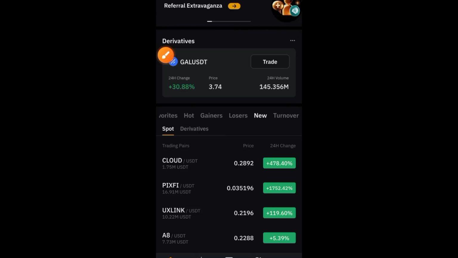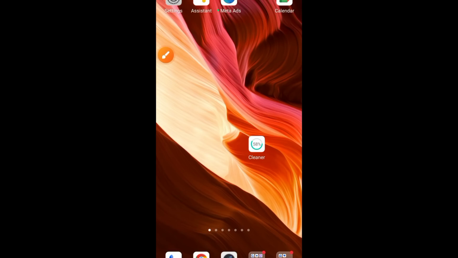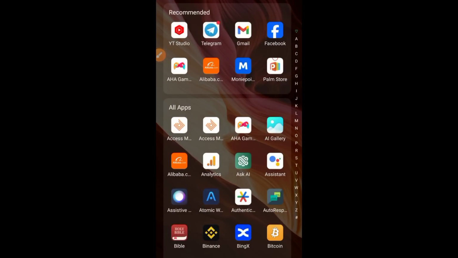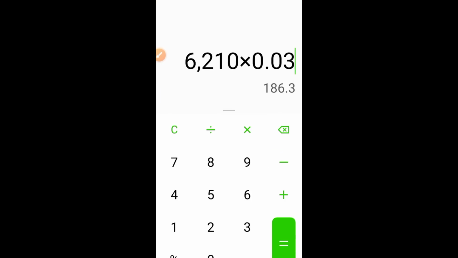Though the price is actually appreciating, you can see PixelTap is doing well in the market. Then let's go to our calculator and calculate the 10% of the amount that has been allocated to me. I was given 690 tokens. Then if you multiply it by the current price